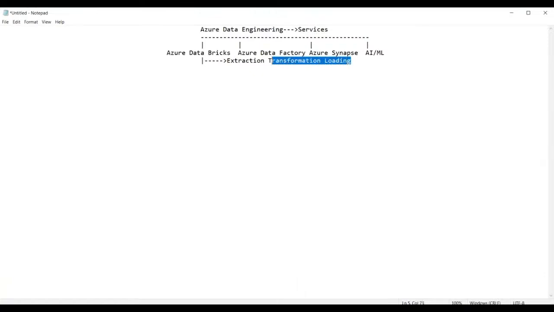Azure Databricks is a service provided by Microsoft within Azure Data Engineering for the purpose of extraction, transformation, and loading. Let us try to understand this first.